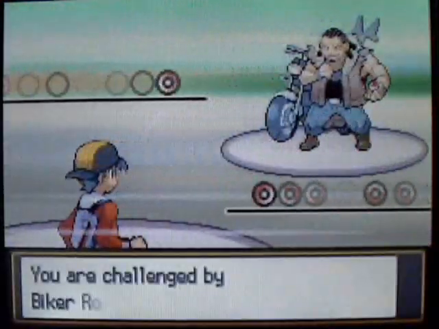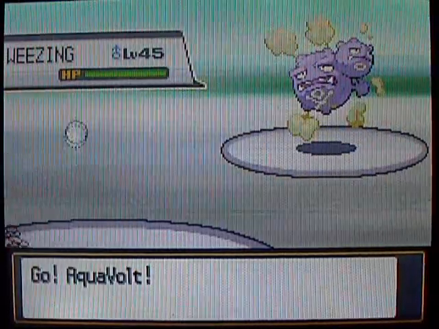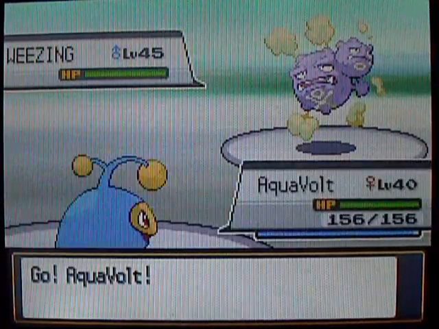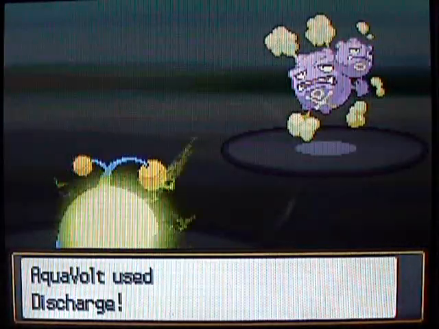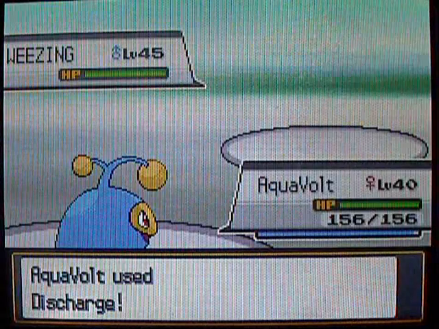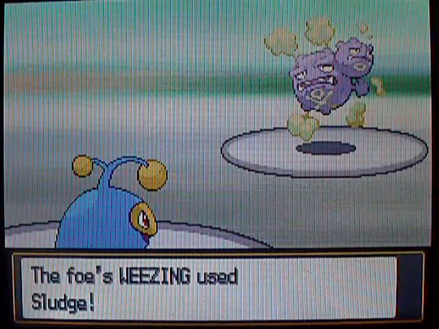But we're just going to fight all these bikers. I think there's like, what, 300 of these bikers or something, just a rough estimate. Not really 300, but seriously, there's a bunch of these guys on here. And there's the Weezing I was talking about, so let's use Discharge just for some variety here. It's still going to be a 2-hit knockout anyways, but...